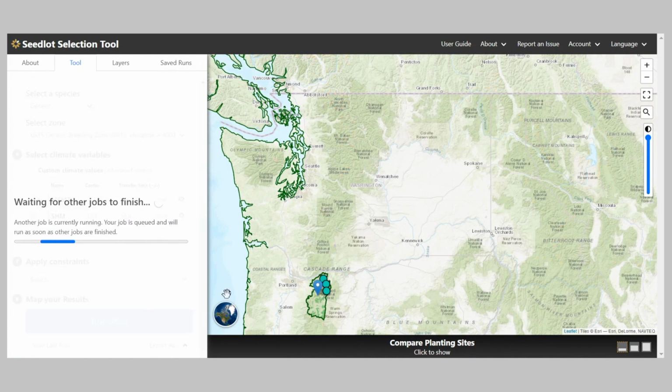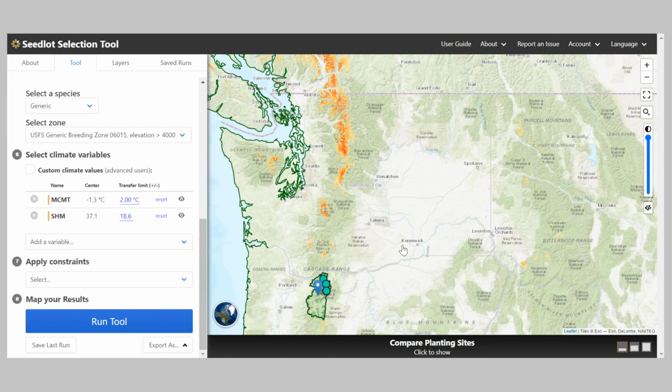And we run the tool, we can see that the locations that would be a good match for that seed lot collected down here on the Mount Hood would be some of these areas up here in the central and northern Washington Cascades.